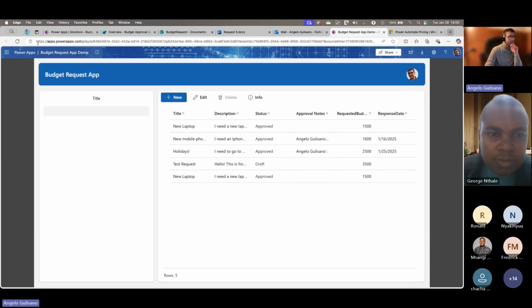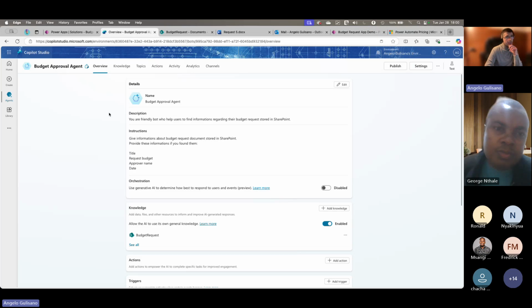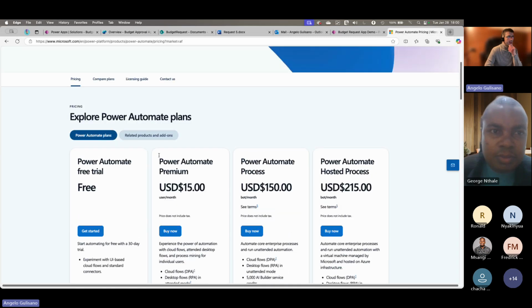And from Copilot Studio, you have two possibilities. You have a license for people, $30 for people in your organization who use your bot, or you have a license around $20 for a month for 2,000 calls, if I remember correctly.